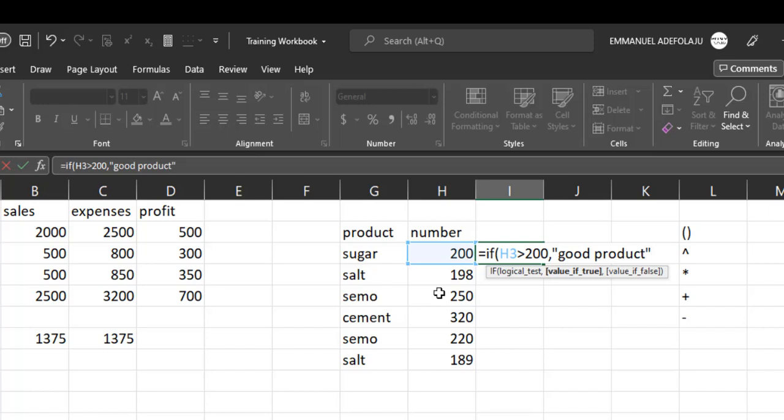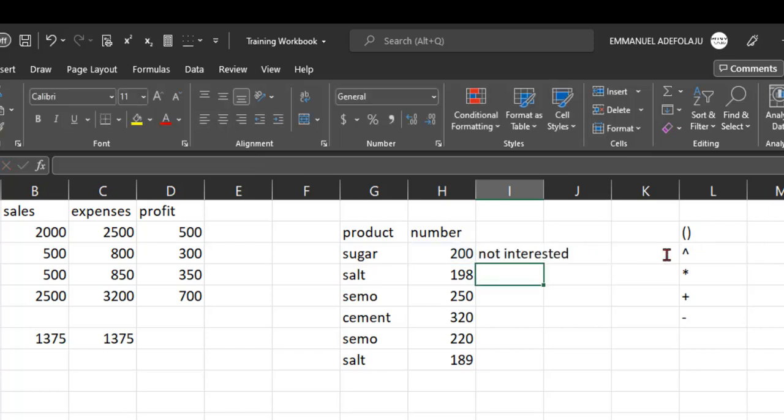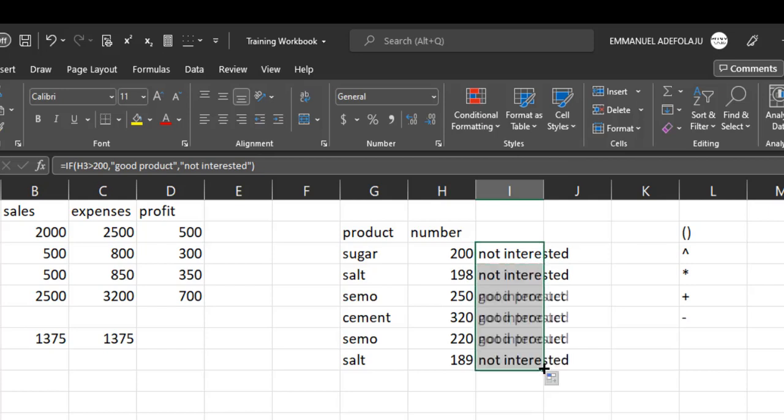And if it's not greater than 200, value if false, as you can see here, value if false. So if it's not greater than 200, I'm going to type not interested, and hit the enter key. You can see this is not greater than 200, so not interested. So if we use our fill handle to fill in the rest,